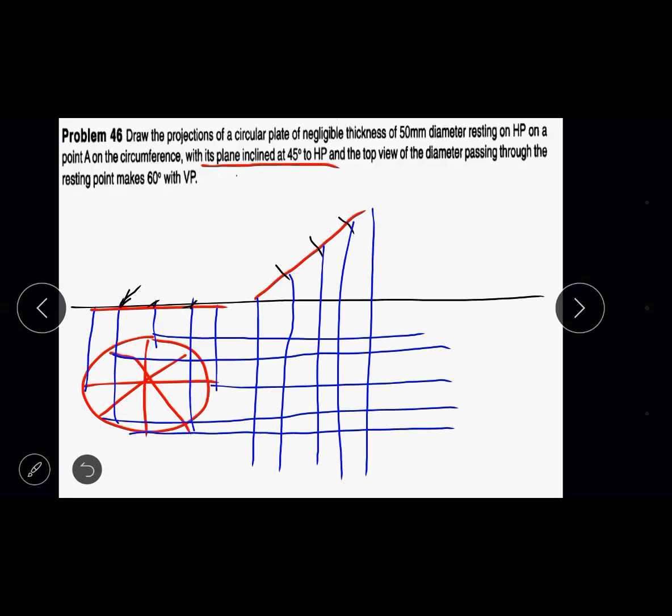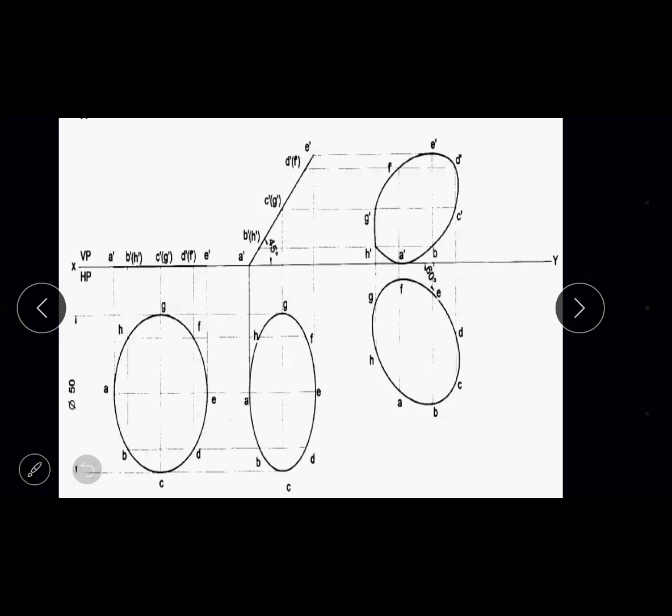So first you have to mark all the points, and next figure. So we will explain here manually. I'll just refer to the next figure. I'll just refer to this figure. You can see that in this figure.